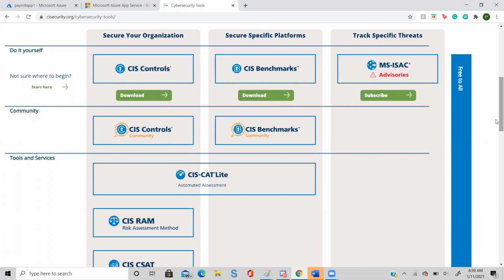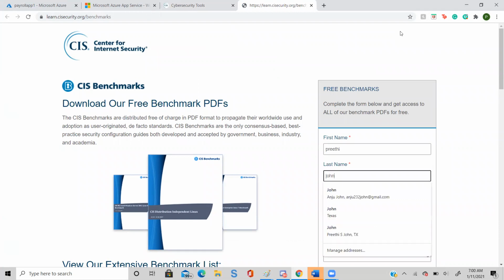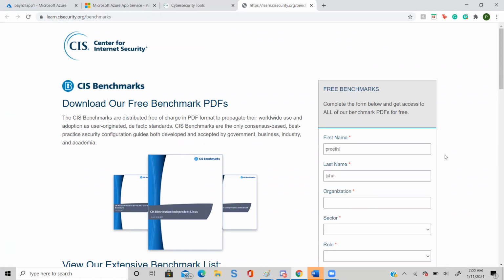Click download. Just fill in your details. It's free.